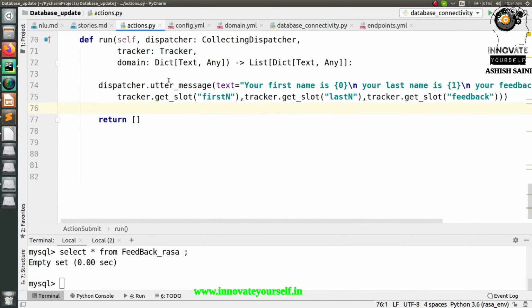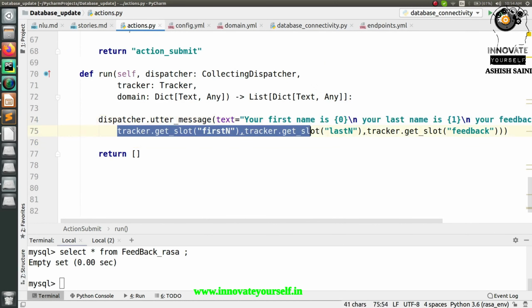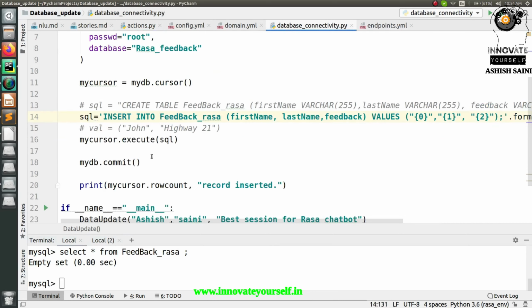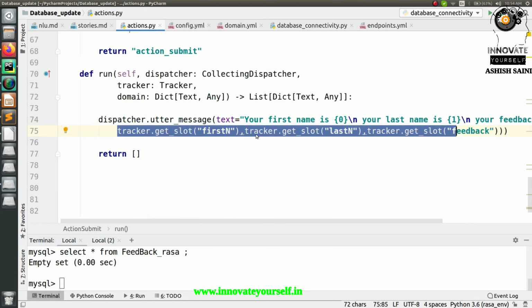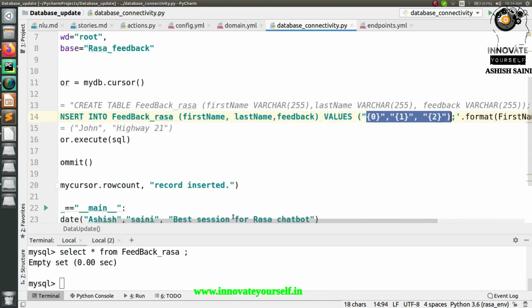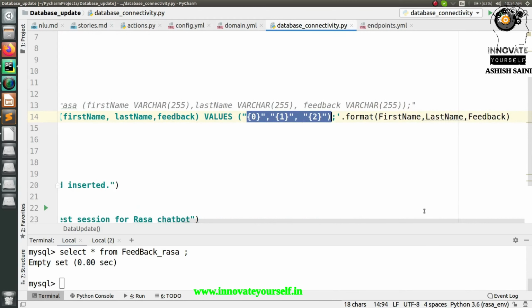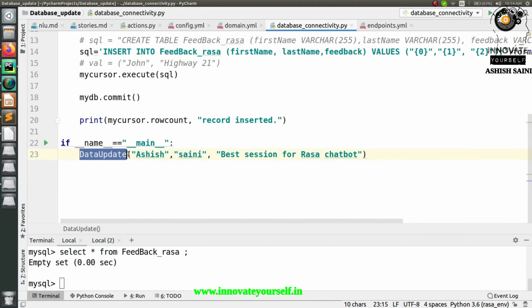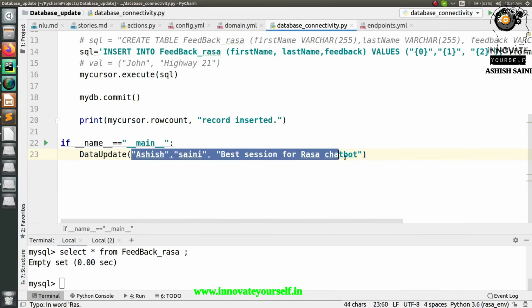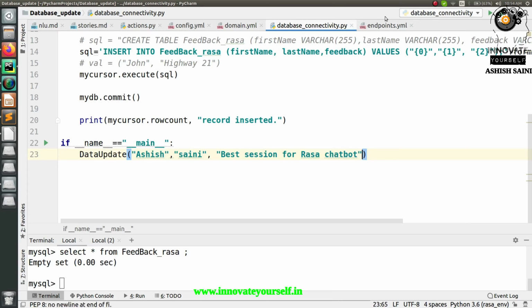Inside the actions, what I'm going to do, whatever values I'm passing here, I will simply pass them for this particular function, so that instead of passing any random value or any fixed value which I will pass here, it will just store these values which I'm going to collect from the Rasa chatbot, right? So this is what exactly I'm going to do. Now as you can see, I have done this part, and also as you can see for this data update, I am passing these values. So whatever values you are passing here, that will be stored for this, right? So this is how you can see this.